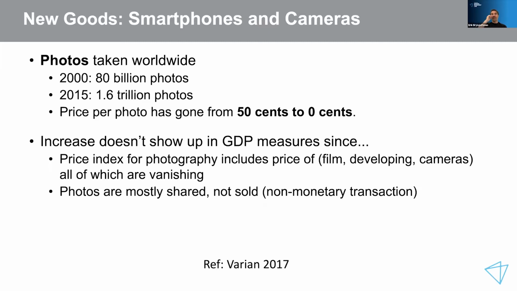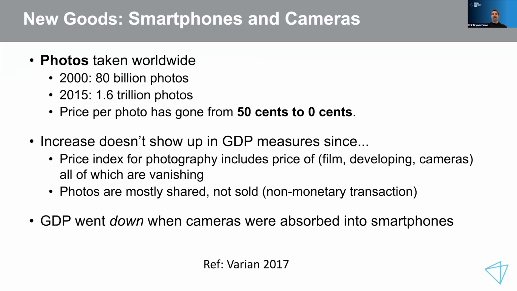So what happened to GDP? Well, GDP doesn't count the number of photos. It tries to measure the money you spend on film, if you guys remember what that is, cameras and all the whole process. Furthermore, most photos now are shared, not sold, and you don't buy the components for them. So it's disappeared largely from GDP, and so it's even worse than not being counted. It's got the wrong sign as we get more benefit from these goods.